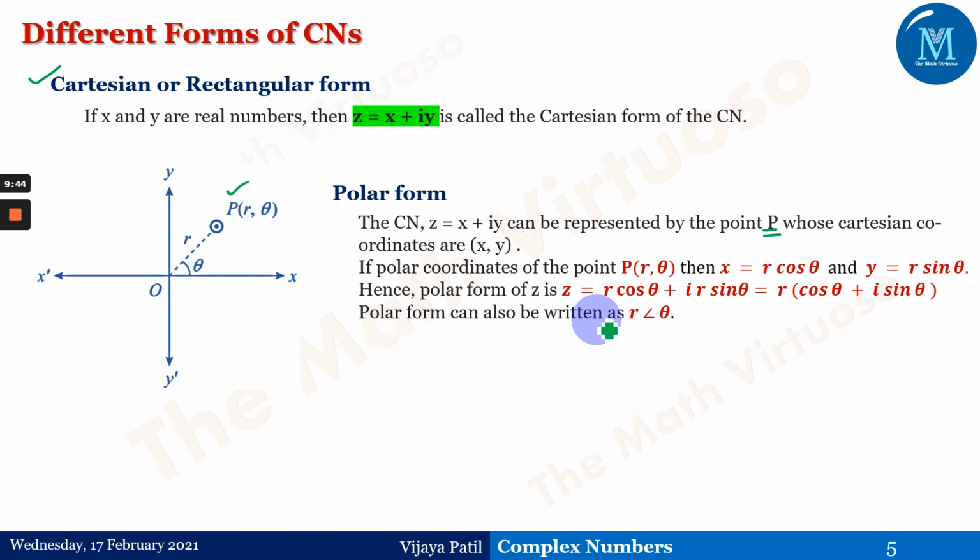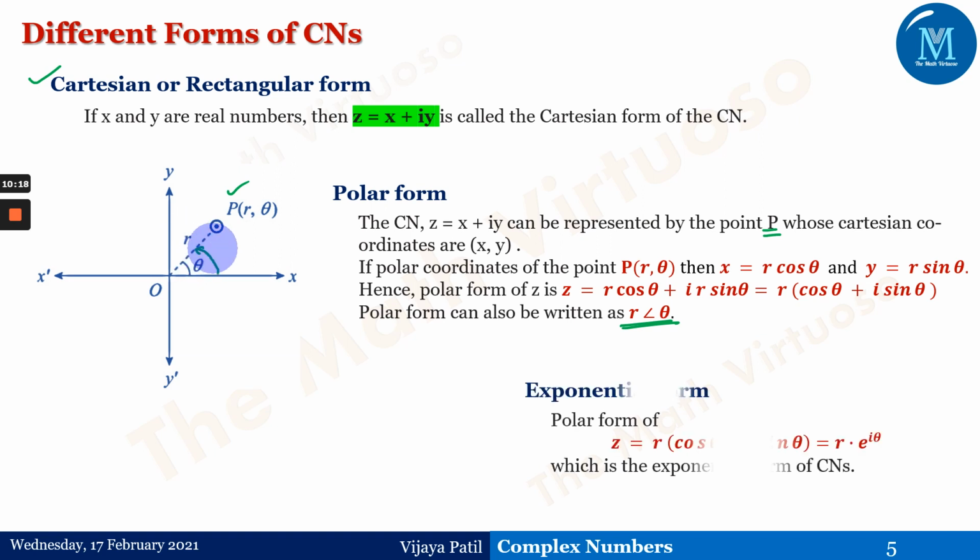And this polar form can be written as, this is also one of the notations, r, the angle theta. So this is also one of the ways to denote the polar form. And if you observe here, this theta is always forming the positive angle, or you can say the angle from the x-axis to the point. This is the position vector small r of this particular point P. So this is known as a position vector.